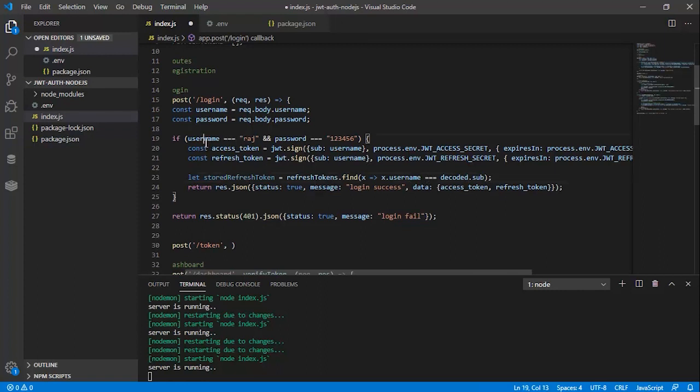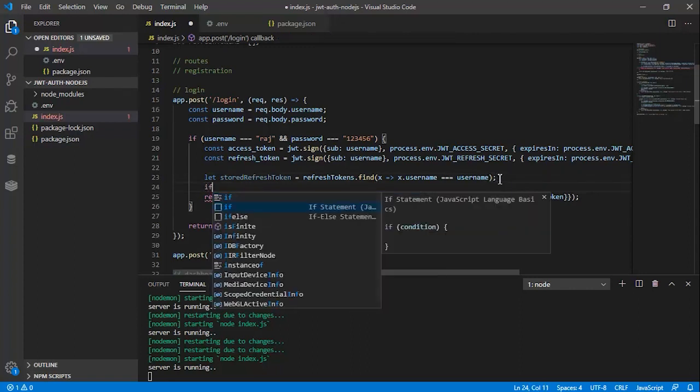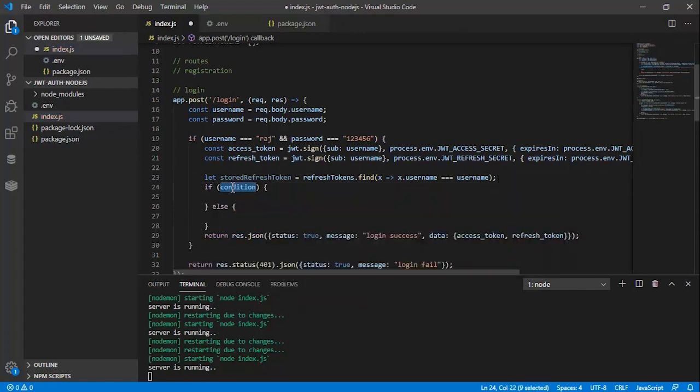Here we are using that username, so I will not use this decoded thing because this is our login method, so we will not have that decoded thing. I will first check if there is any token related to that user, and then that stored refresh token,